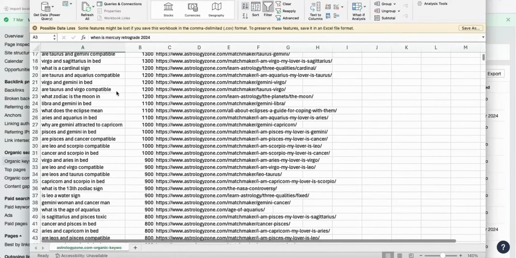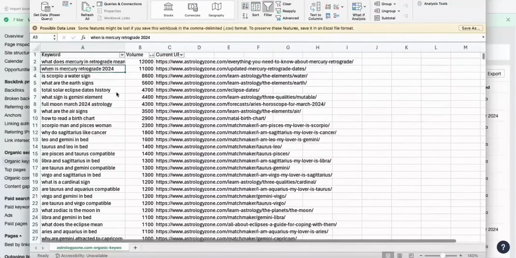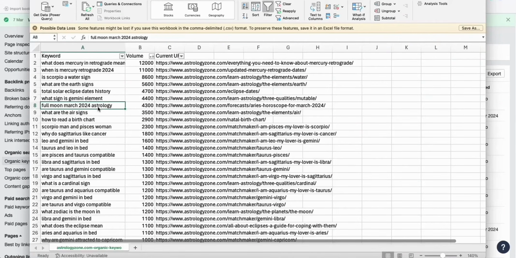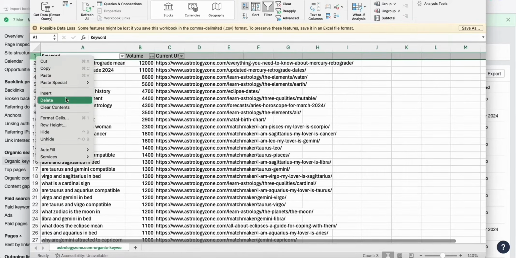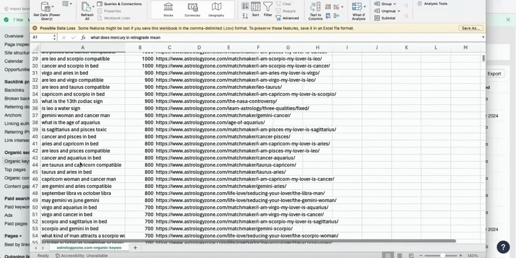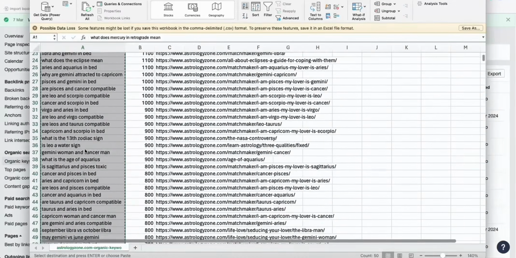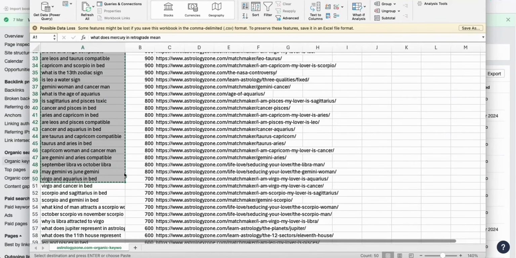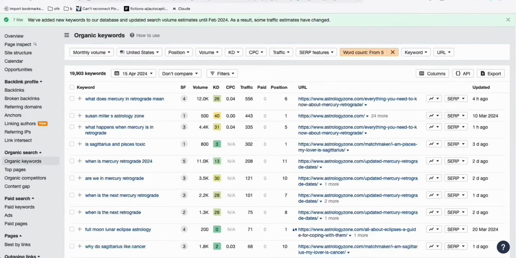As you see right here, we've got pretty interesting keywords, which we will convert to articles. We can easily see whether we are selecting 50 keywords at a time. We can delete the column name right here. And here, just stay on column A and then select the 50, because you have a line number here. So we will know that we are selecting the first 50 right there, and go back to the article AI generator